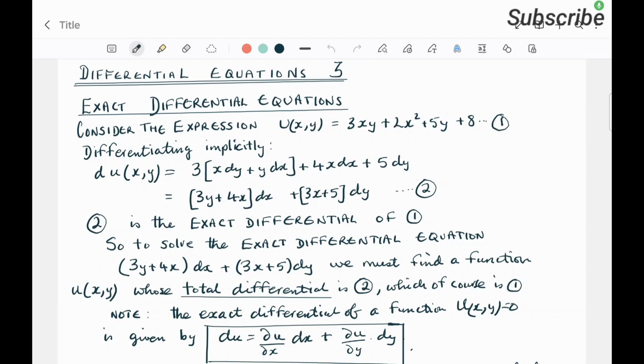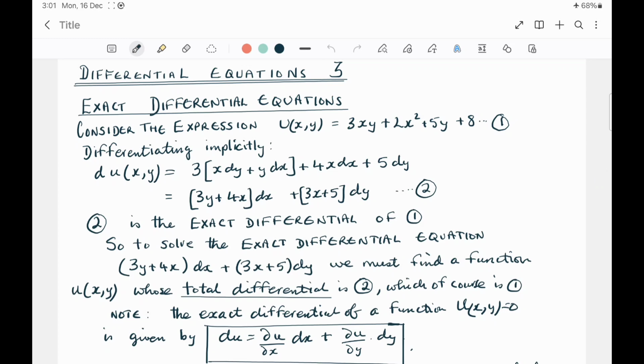We now want to consider a third type of differential equations, which I've labeled exact differential equations. Starting off, consider the expression u, a function of x and y, equal to 3xy + 2x² + 5y + 8, just some random equation which I've written down. If you differentiate implicitly,